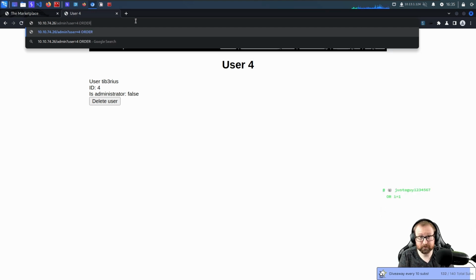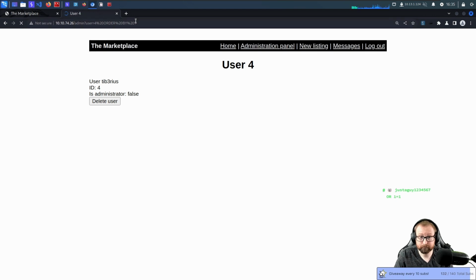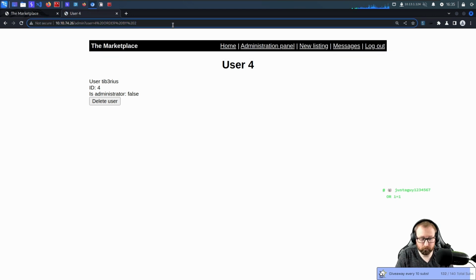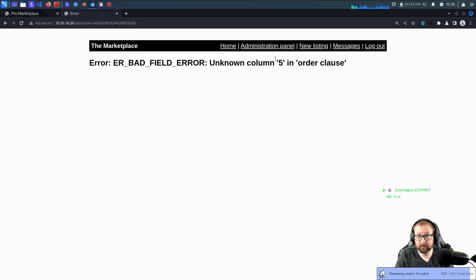So the way we do that is we just do order by 1, and then we just update the 1 to a 2 all the way until we get an error. We get an error, unknown column 5, which means there are 4. As soon as you get an error, you know you've overshot. We're not doing and 1 equals 1 just to go. That's not how we do things.